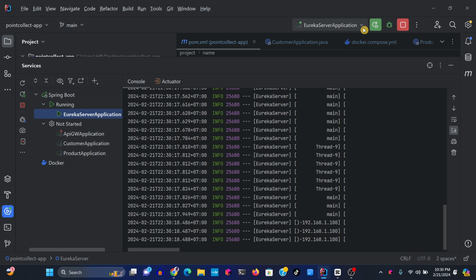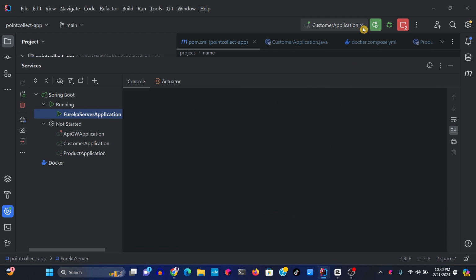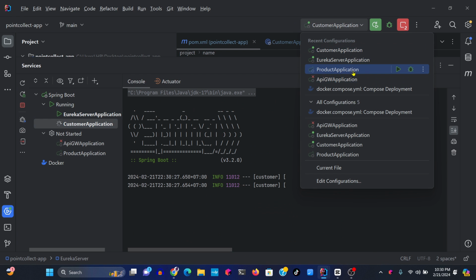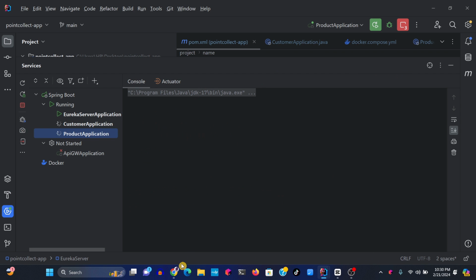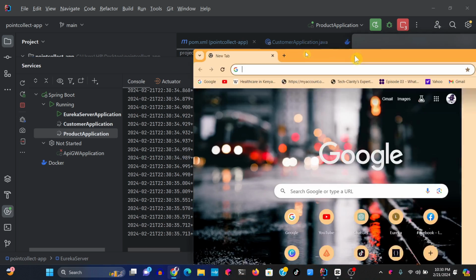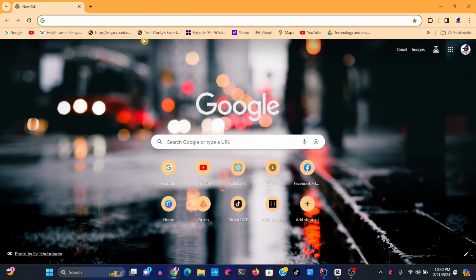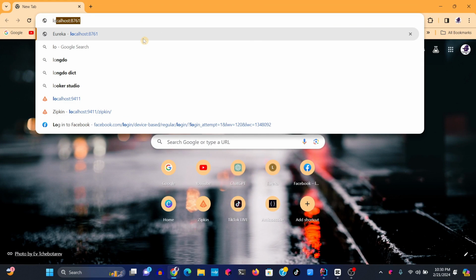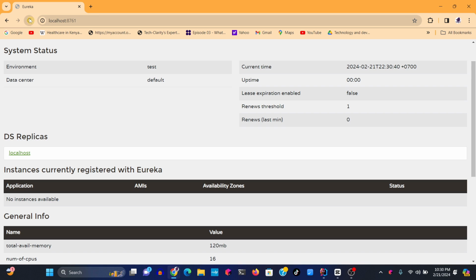So the Eureka server is up and running. Then I'm going to run customer, and I'm also going to run product. So if I go straight to localhost 8761, and that's the port that my Eureka server is registered to. So if I reload,